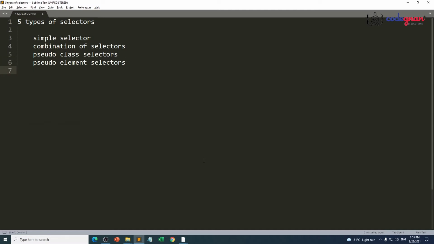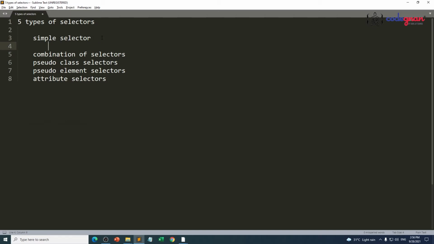And the final one, attribute selectors. Let me clearly explain what these things are. What's the meaning of simple, combination, pseudo class, pseudo element, attribute? From the next video onwards, we are going to see some clear-cut examples on each and everything.